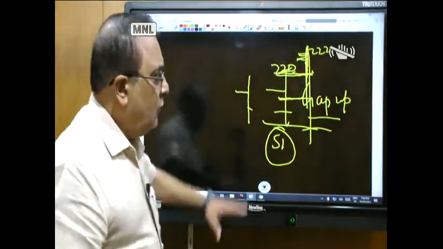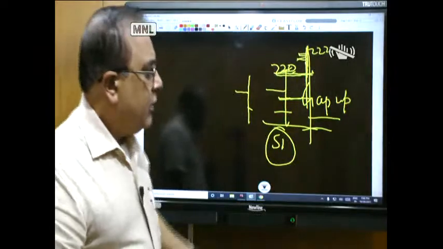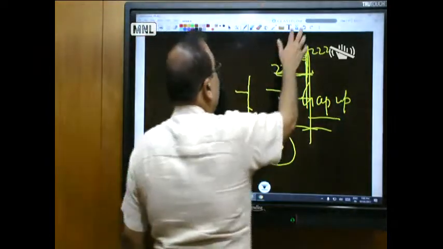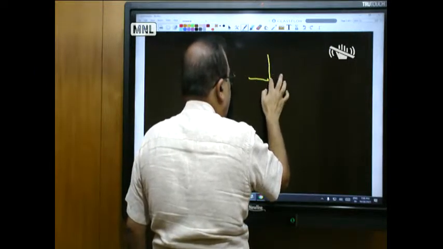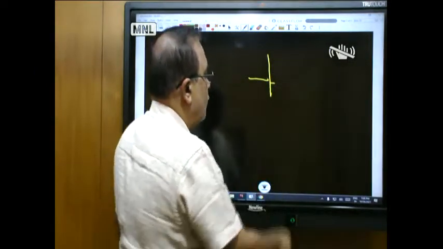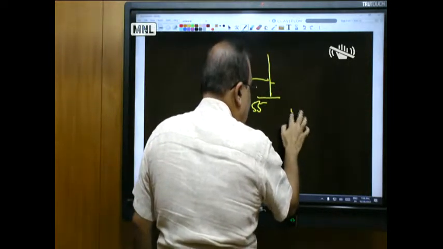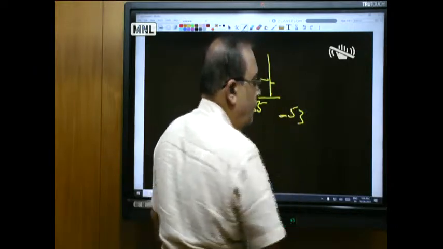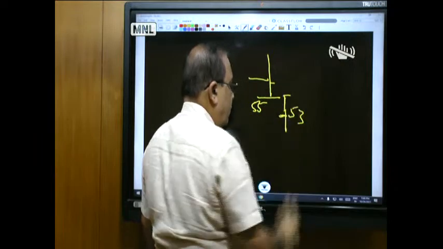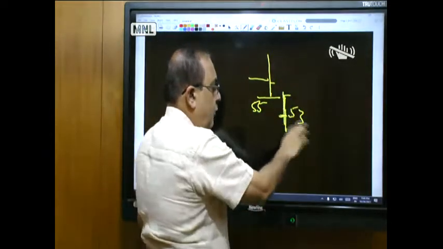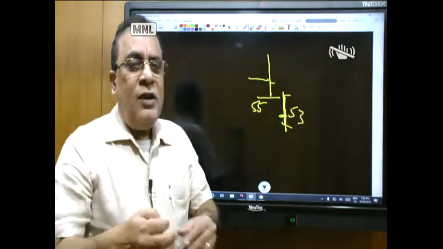Now this is what I told you of the gap up. Now exactly the reverse is gap down. The gap down illustration is like this. Let us say the previous day is like this. Let us say this price is 55. Now today the price opens at 53. Then it goes down a little bit. Probably it can even come back around this level, or probably it can continue to fall. That means the open is below the previous day low. That is a gap down.